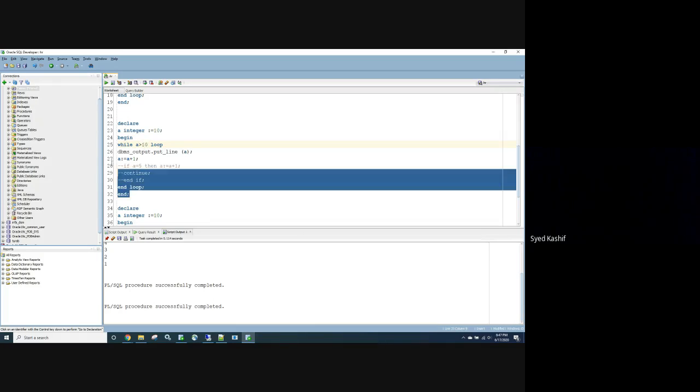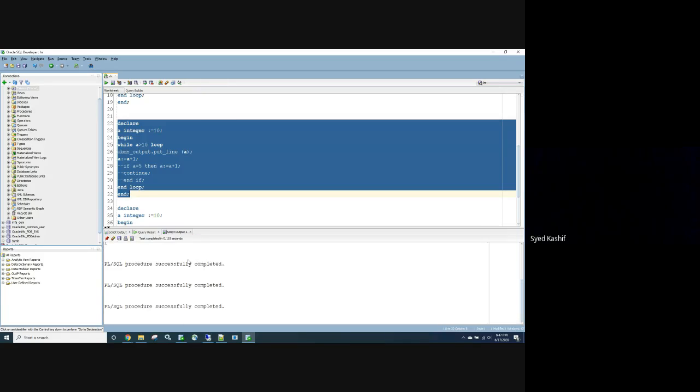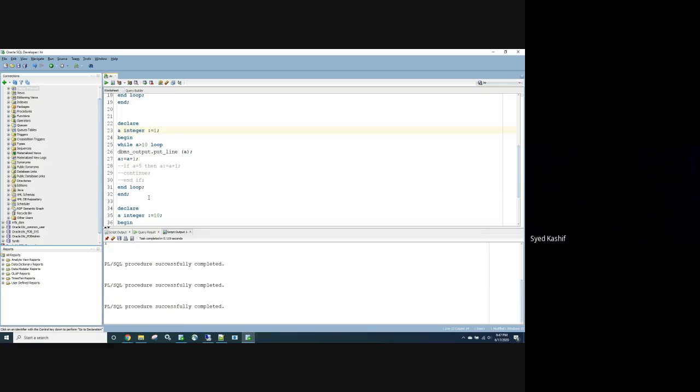Sorry. So if you want to display in reverse, why is it not displaying? Int begin is 1, while a is greater than 10. Oh, sorry, I made it 10. Okay, so